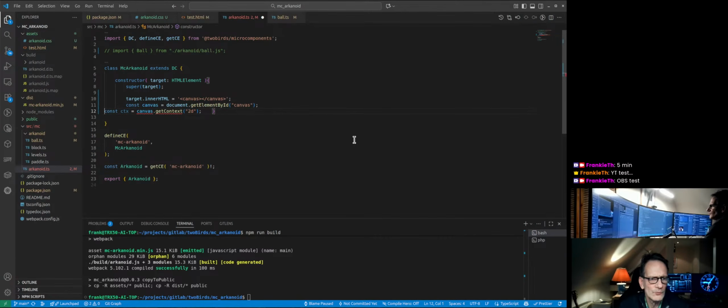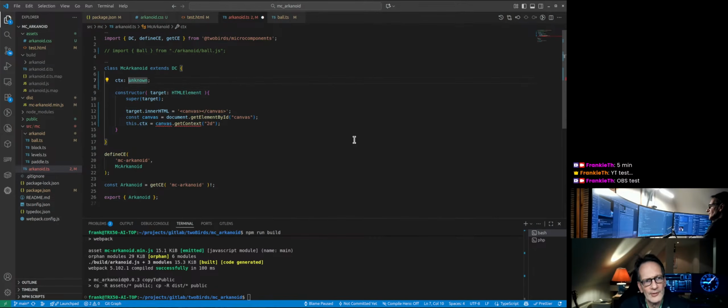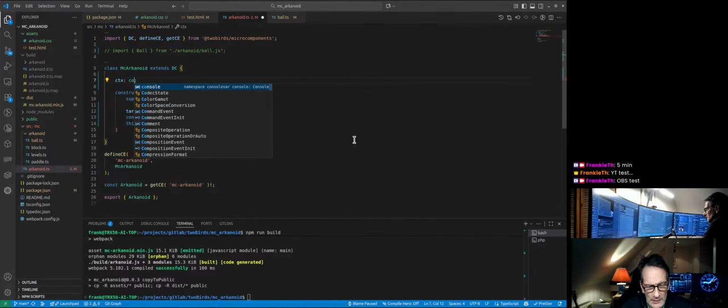const canvas, const ctx, that will be a property. this.ctx. Okay, canvas. Oh, properties ctx. Now I'm absolutely sure we have a problem with TypeScript again, because I don't know, there